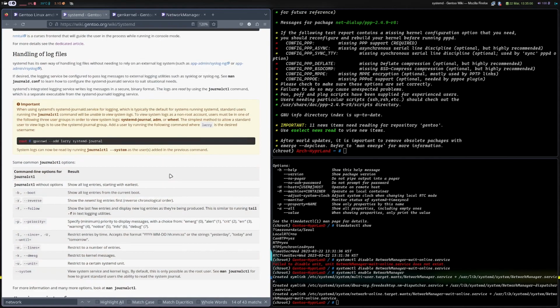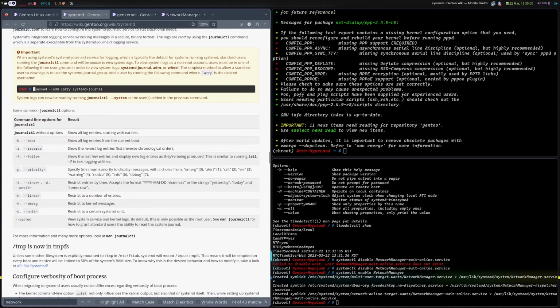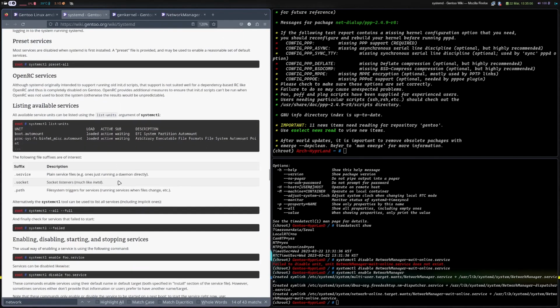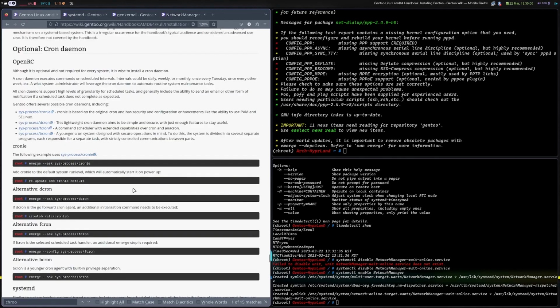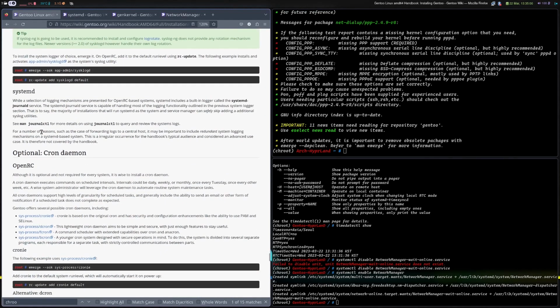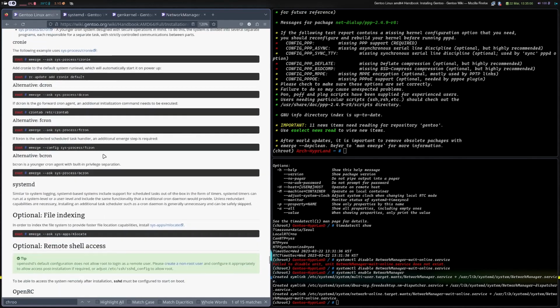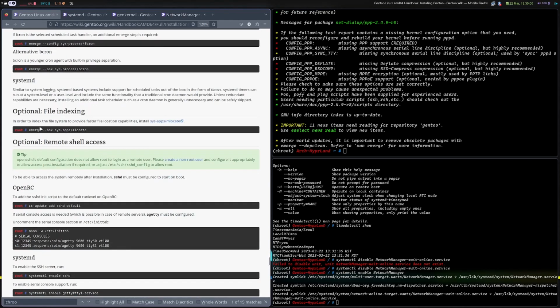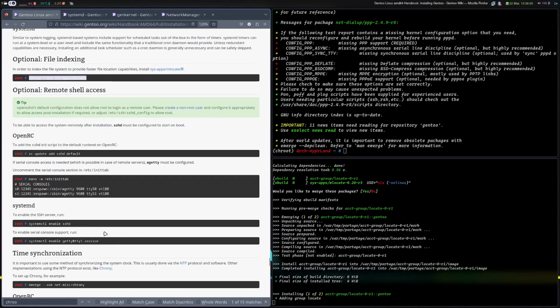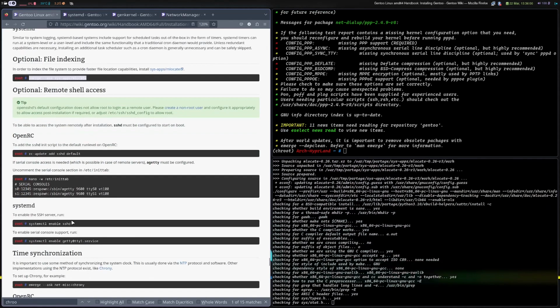Alright, so we just go back here later when you've added a user, for example. System logger for systemd is already there. Journalctl. Systemd indexing, in order to index the file system, provides faster location. Okay. Can I install this? Locate. Why not? If you want the SSHD, so you can